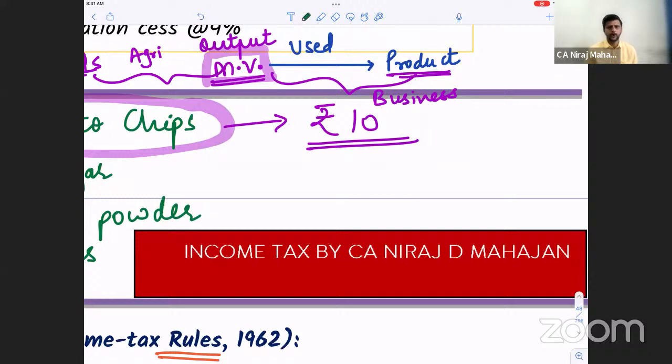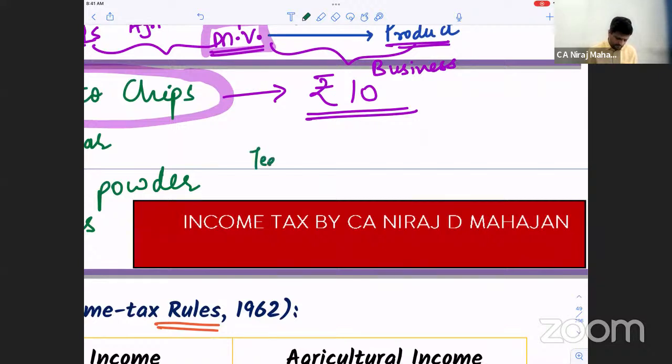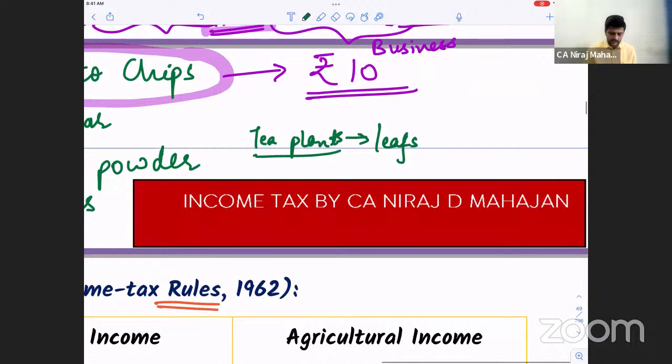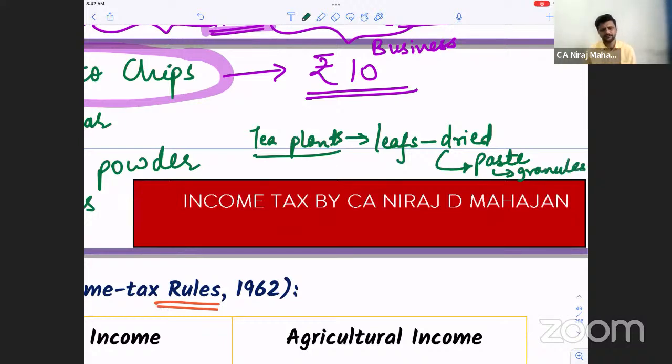For tea also, obviously what you see, maybe in the northeastern states and South India also, lots of hills are there. And they have an entire tea plantation, correct? From tea plants, you are taking out the bunch of tea leaves. Yesterday, all of you, they are dried. Those bunches of tea leaves are dried. Again, some process is done and they make out of that a kind of paste. Then the paste is a little wet, but you convert it into what? Granules, which we actually use. And again, dried and all of that. Clear, everybody? So it's a big process, right?